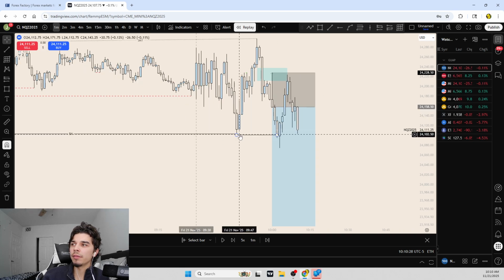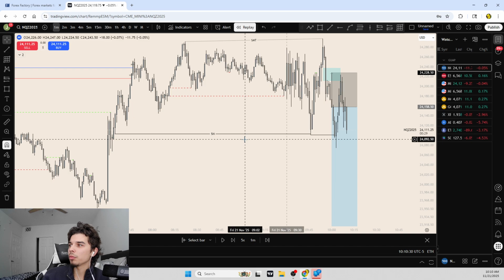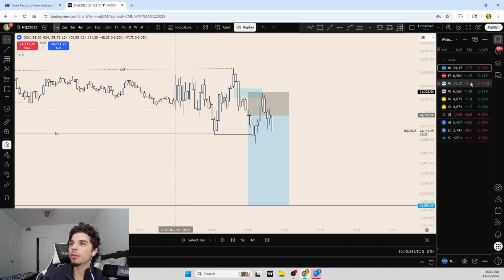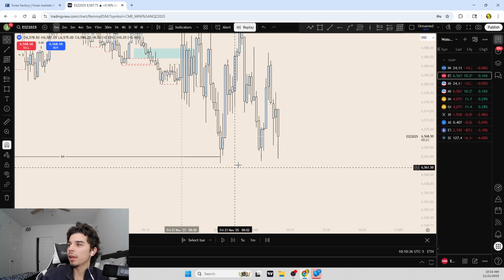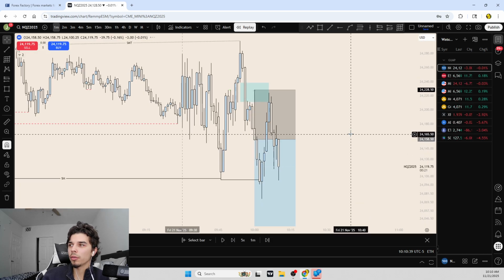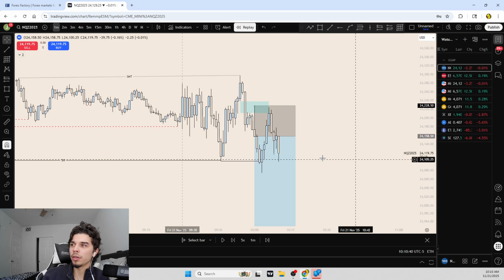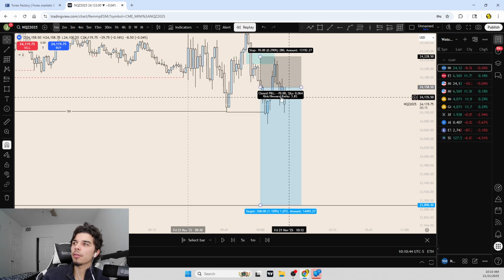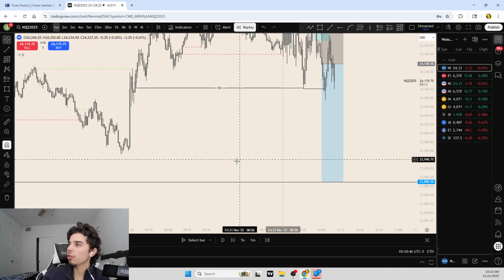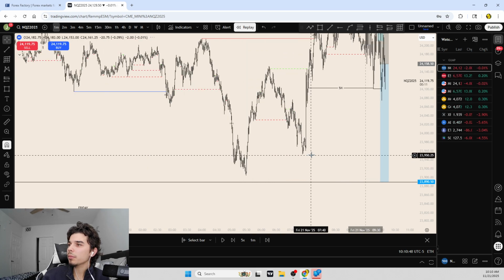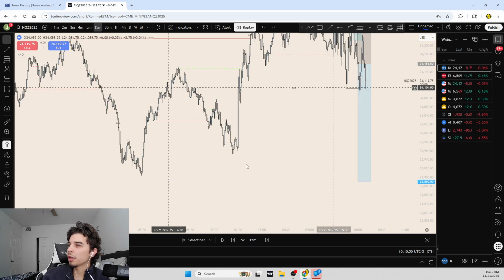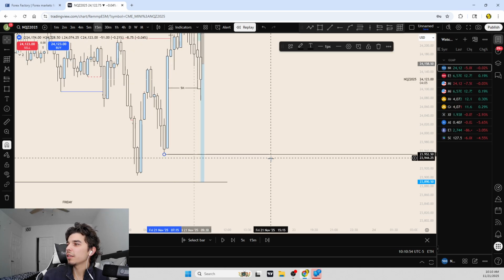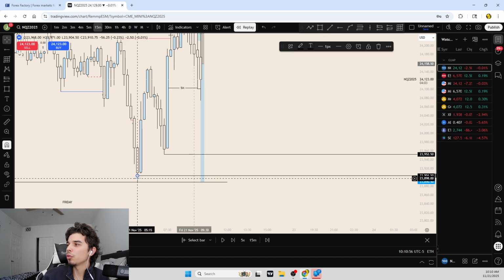I went break even once we took out these internal lows, which were also 5 minute intermediate lows, because we then created a SMT. So ES is still yet to take them out, and I was like, okay, well, we've been pretty choppy all day. There could be a possible chance of reversal. I got stopped out at break even, and it looks like price might want to run all the way down to my TP. First TP was set at these lows right here, these 15-minute lows, and then second TP was set to these ones right here.